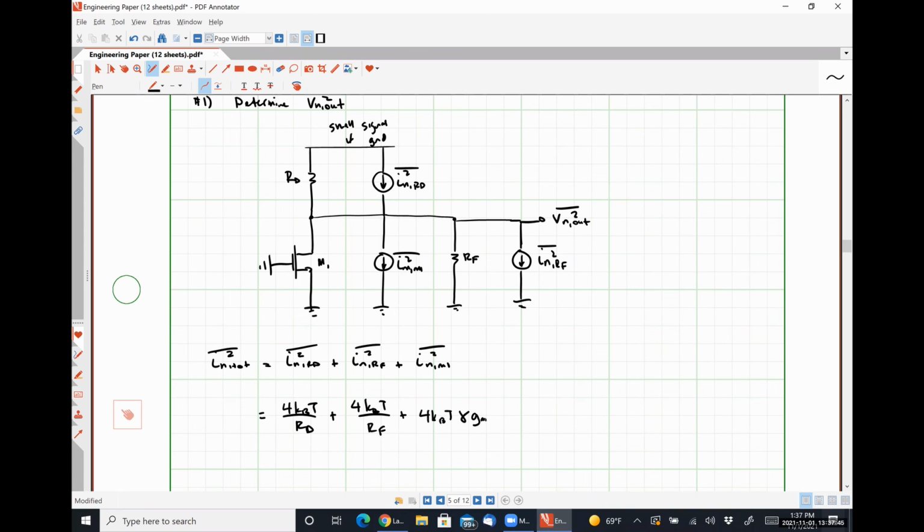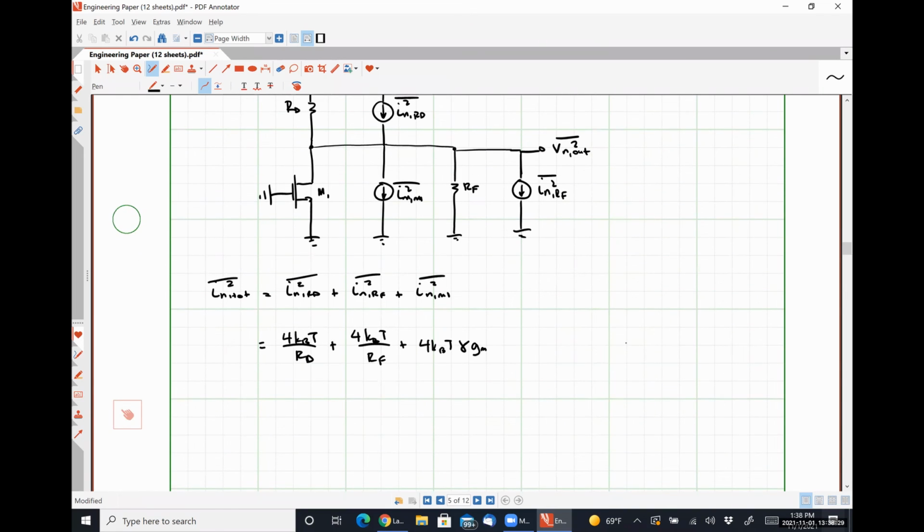So I chose this problem specifically because even though there is a resistor that's tied to the gate for our amplifier model, we wind up getting a different representation of the noise because we're not referring it to the output. It's present at the output to begin with, right? So that's the difference between the last problem and this problem, like that RF is directly tied at the output. So we don't have to use the transconductance of the circuit to send that noise voltage to the output. We already get a noise current there. All right,